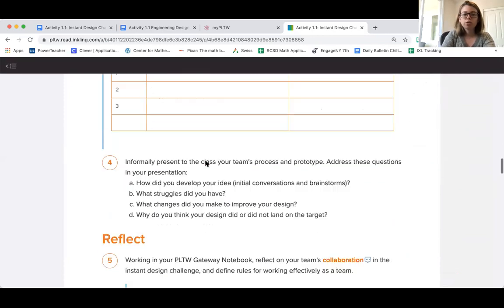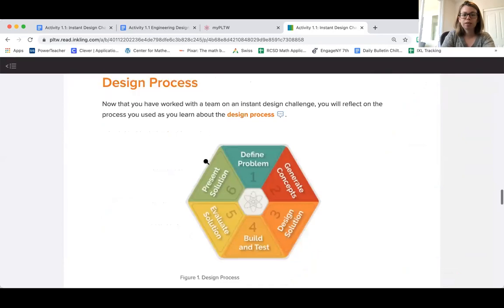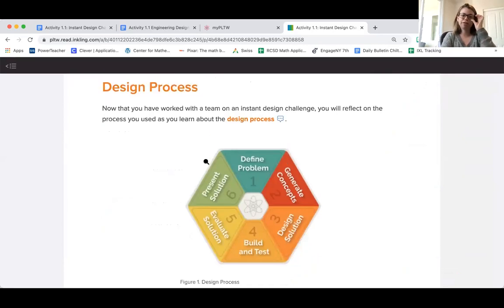And now what we're going to do is we're going to go through the engineering design process. And you probably recognize this. It's also on my wall in my classroom. This is the engineering design process. There are 6 steps in the process, and it is a wheel because there are oftentimes, and most of the time, when you are engineering something, that you are going to have to revisit previous steps to generate more concepts,